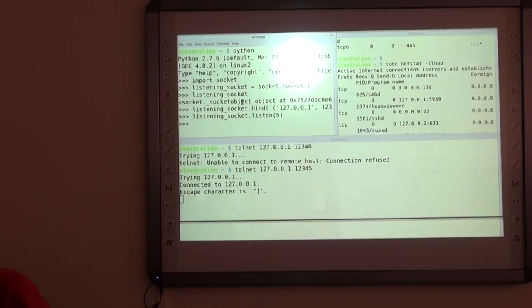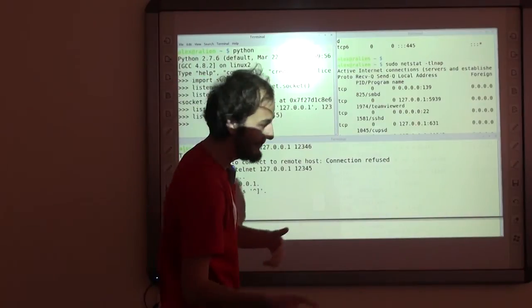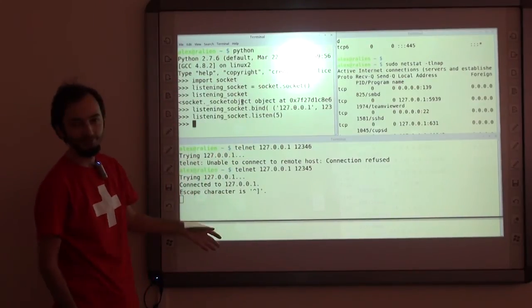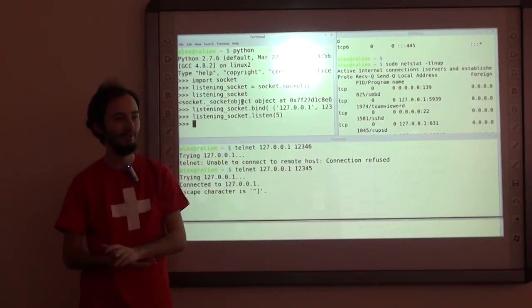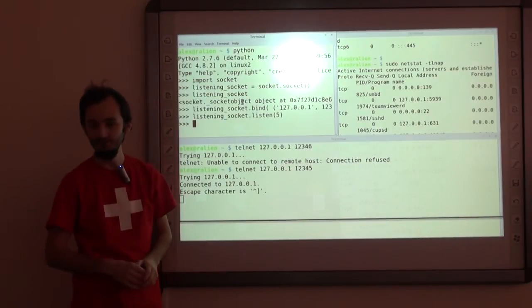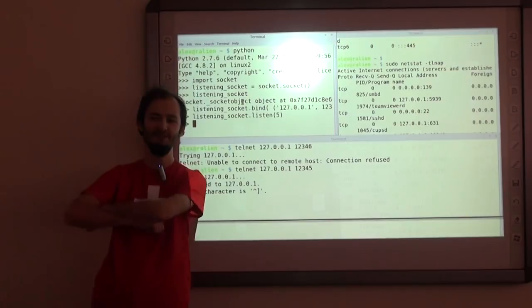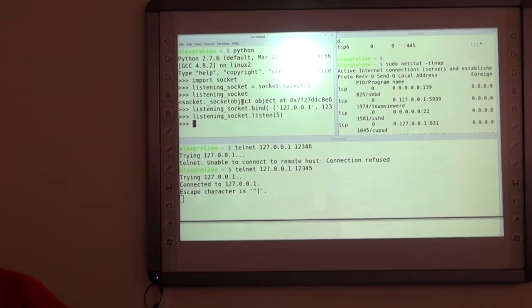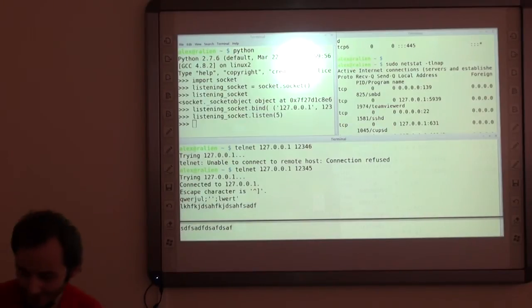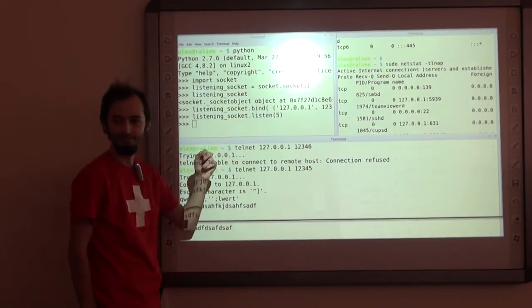Now, the other thing that I should highlight right now is that while I was waving my hands and telling you stuff, nothing here happened. And if you run Netstat again, you will see that the connection is still alive, still running, and it will continue to remain in that state even if I do this until my battery on the laptop runs out. So let me try to send something to my server. I'm typing a lot of things, and nothing happens.